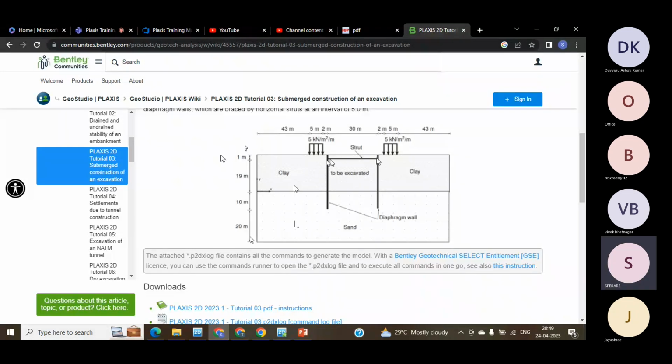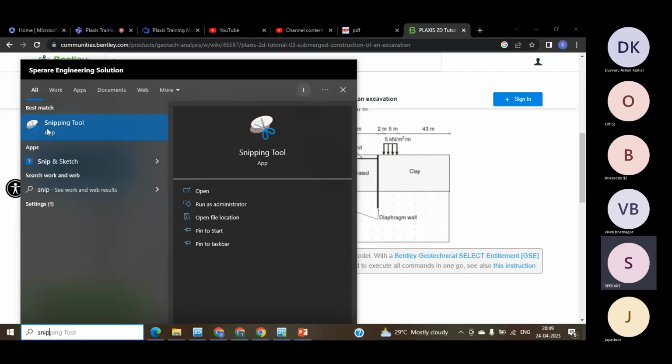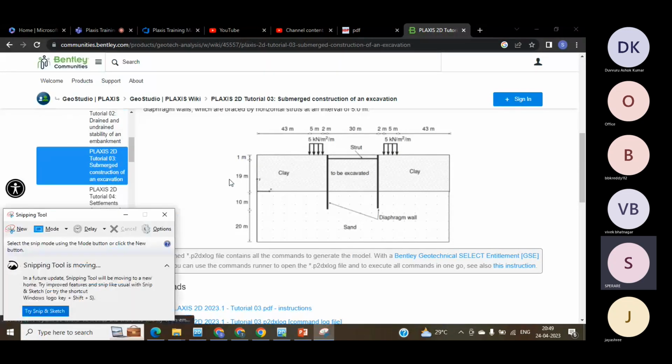Actually, the water is there, and there is a strut. So now you are applying some kind of load on both sides, and you are constructing some kind of diaphragm walls also. So in this particular problem, what we are going to learn is some extra